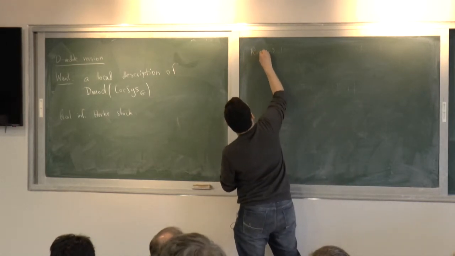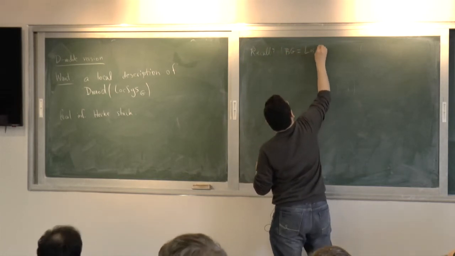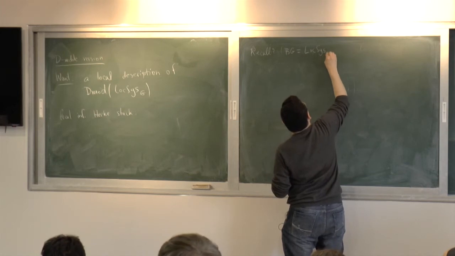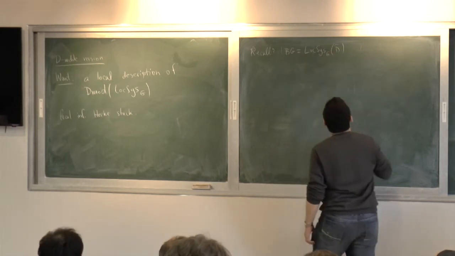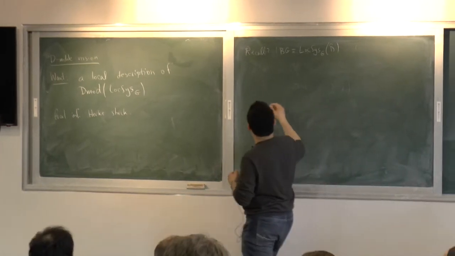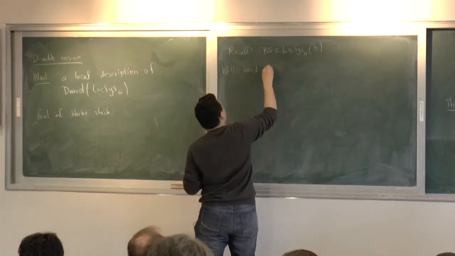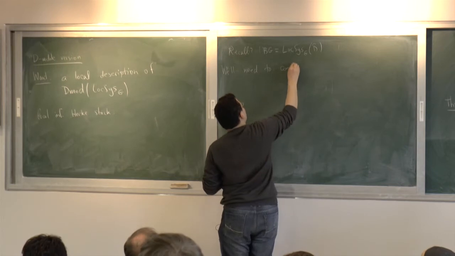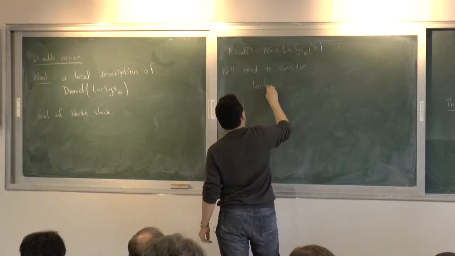So recall BG as G-local systems on the formal disk; it doesn't really matter which version of the formal disk you take. So we'll need to consider LocSys on